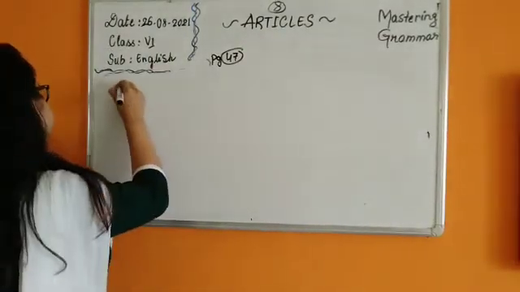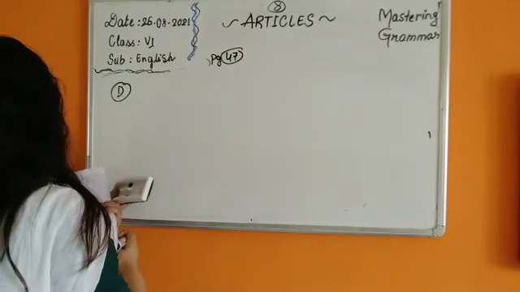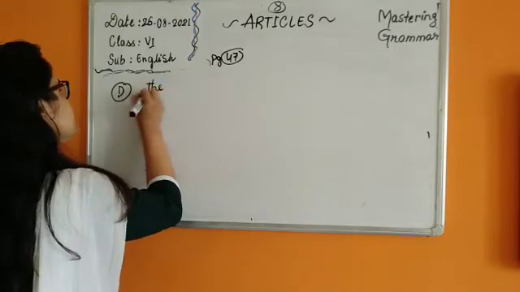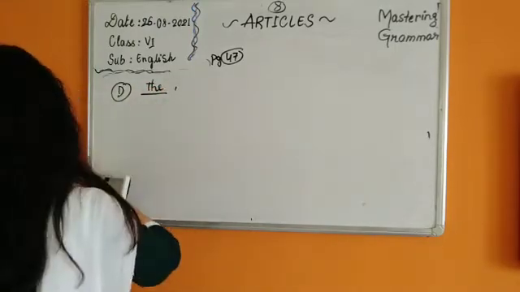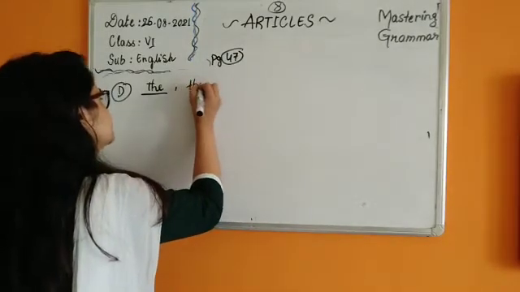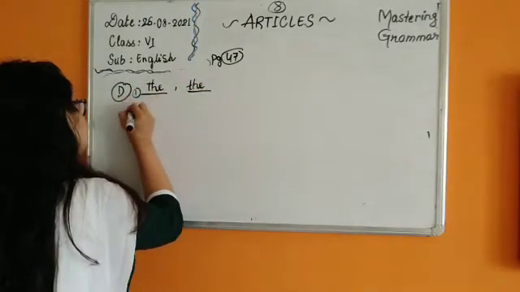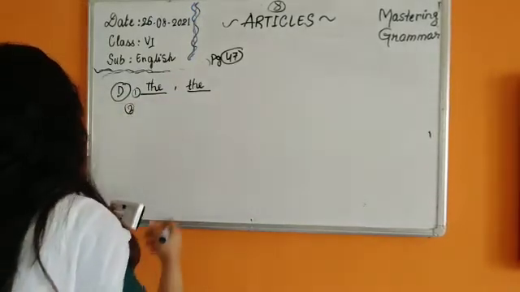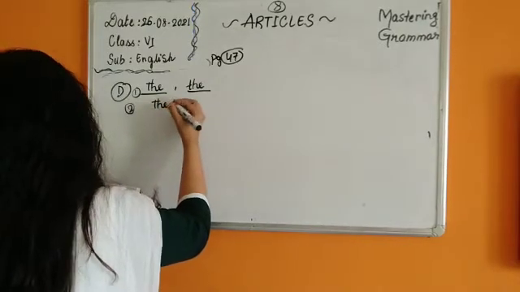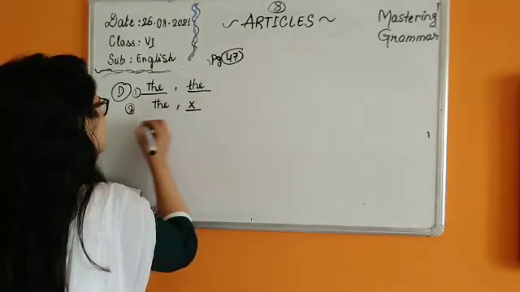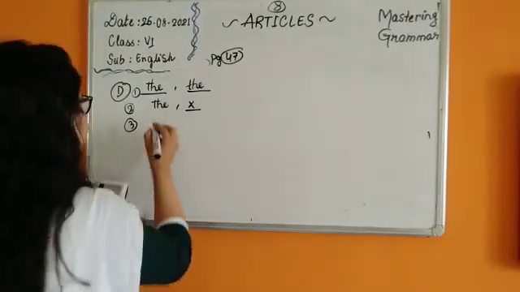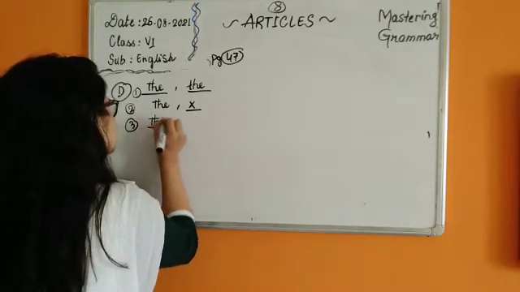Number D now. The Ramayana, because yes children, we are specifying the book's name. The Ramayana is a sacred book of the Hindus. Number 2. The Taj Mahal was built by. Okay children, so before name we do not put any. So Shah Jahan is a name, that's why we are crossing that.